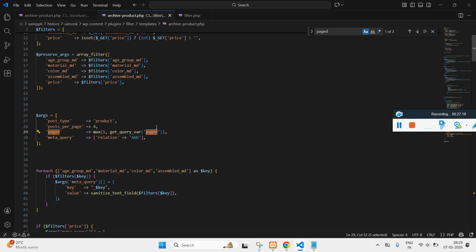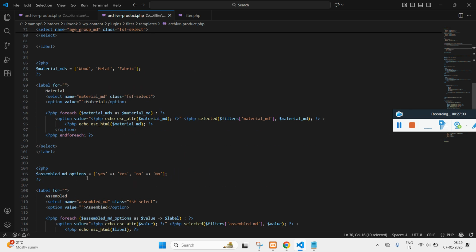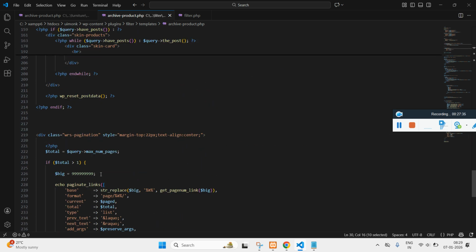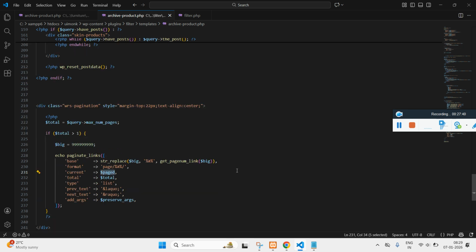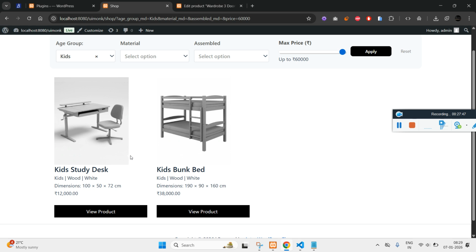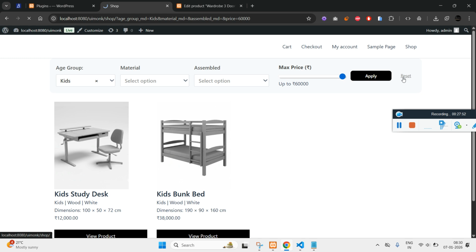You may have many values, but I just need to know which page I'm in. So I'll fetch this value and pass it to the paged variable as well. And that's literally it. That is what you need to understand. And these are just for the placeholder part, we have to keep them. And that's literally it. You have your whole working